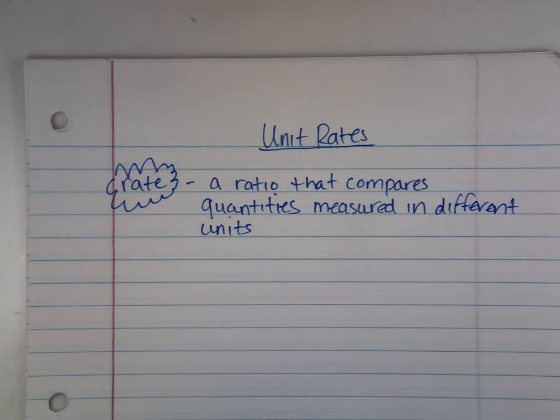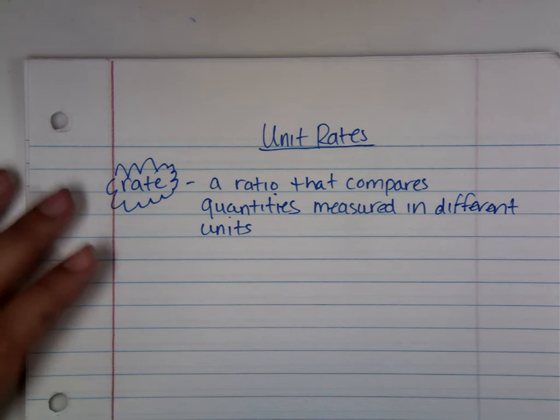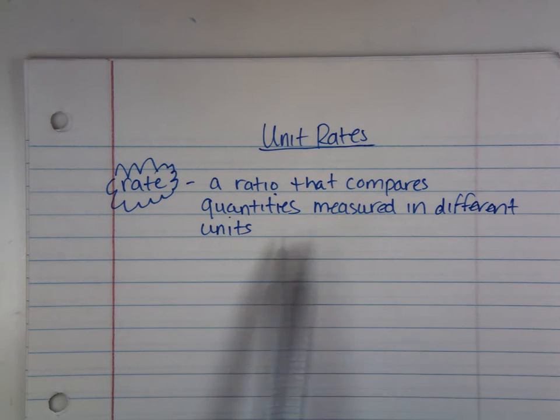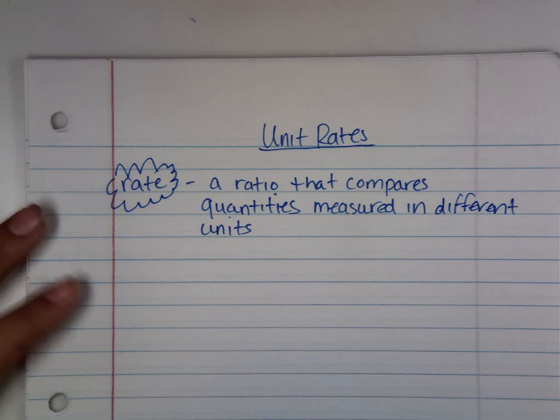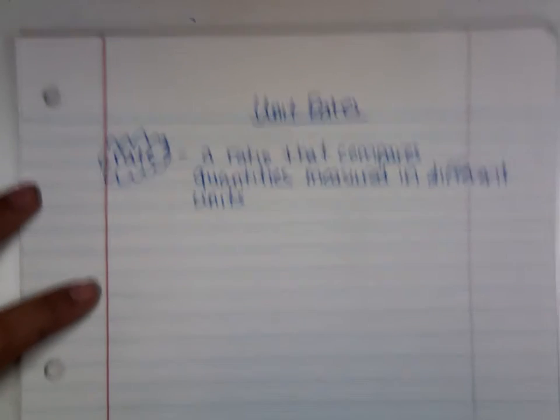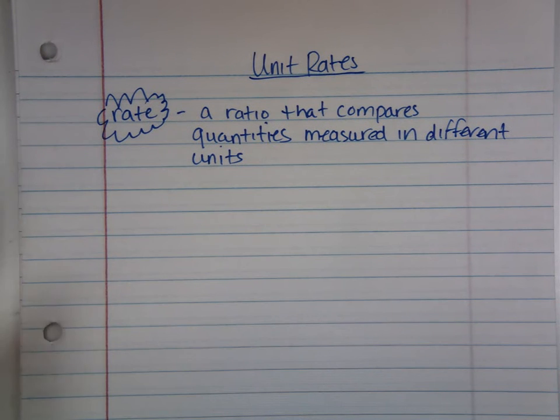Quantities sounds kind of like a weird word, but it pretty much just means numbers. So it's like a ratio that compares different numbers that are measured in different units, and we're going to go over some examples about what these different units are. Okay? So, for example,